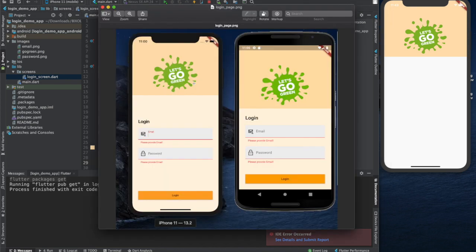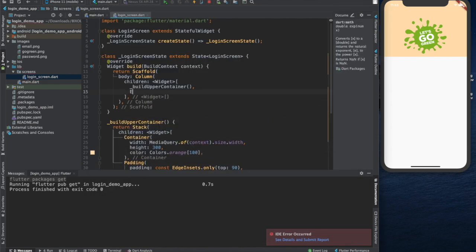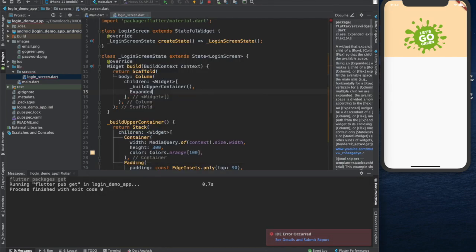The beauty of expanded is that it expands throughout whatever height it has. So it just goes from the very starting point to the end. It occupies, takes the whole space it needs. Expanded widget